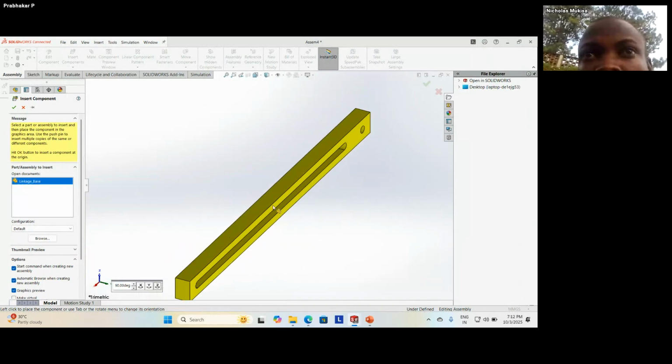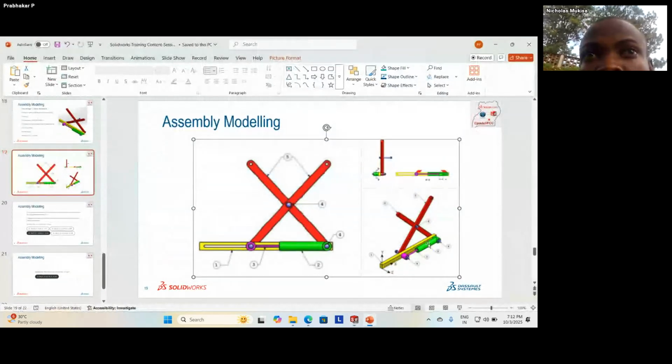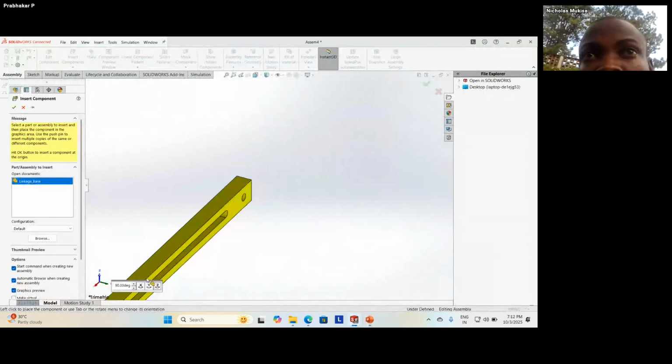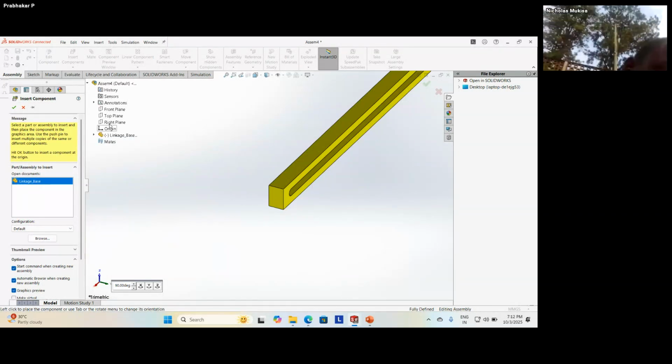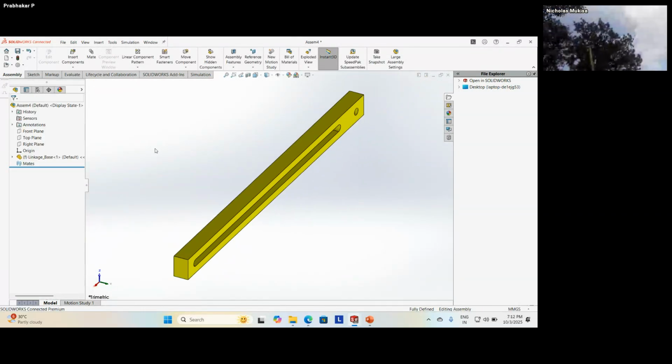So the hole should go towards the backside. This hole should go backside. That is the first criterion as per this isometric view. In the same way, I change the orientation by clicking this. Then I just go here, selecting the origin.